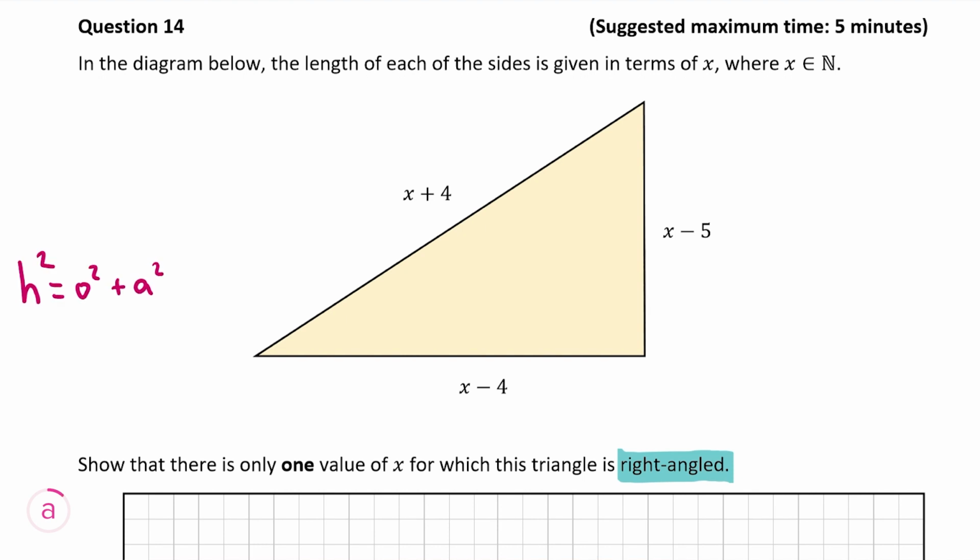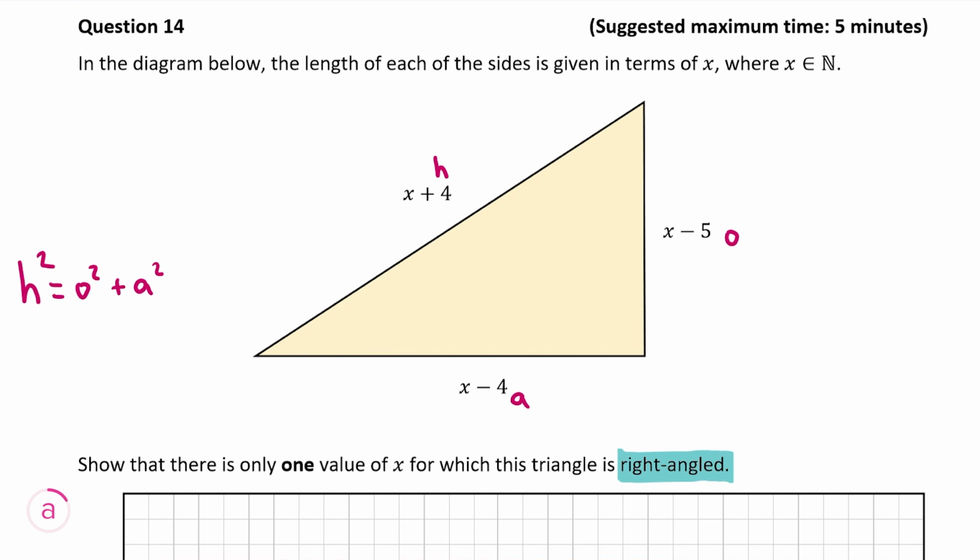So we're going to label the sides now. The side across from the 90 degrees, or the longest side, will always be the hypotenuse, which is h. So that means x plus 4 is h. And it doesn't really make a difference here which side is O and which is A. It's all the same really. So we're going to say that the opposite is x minus 5, and then the adjacent is x minus 4. But it makes no difference if you have x minus 5 as the adjacent and x minus 4 as the